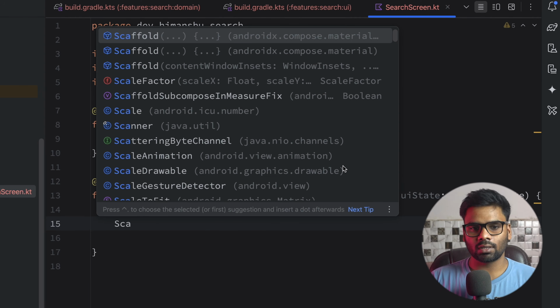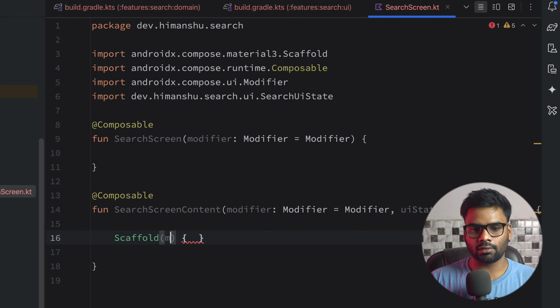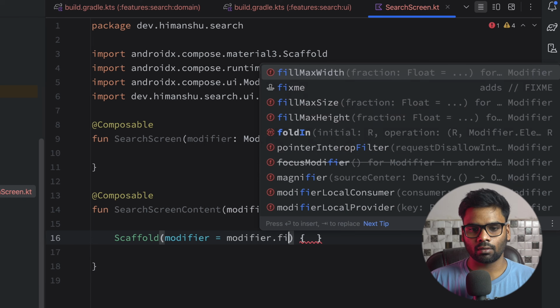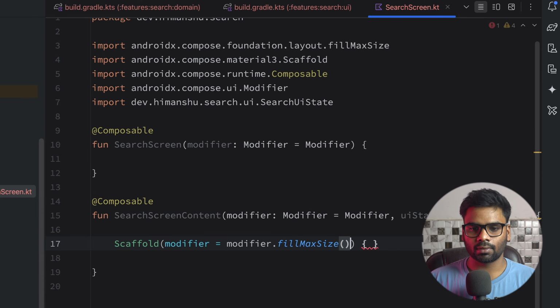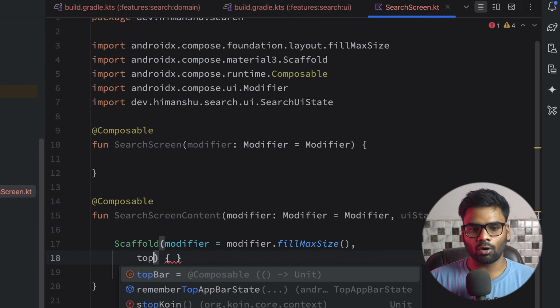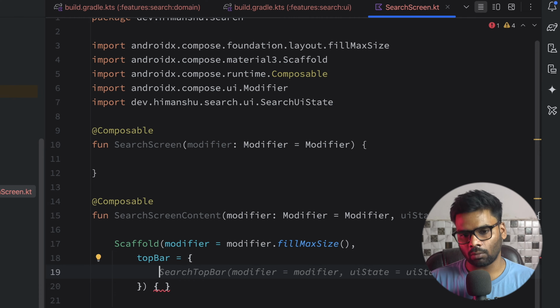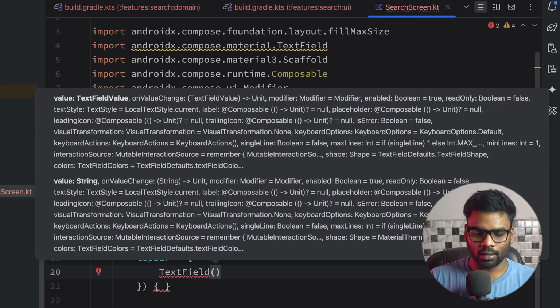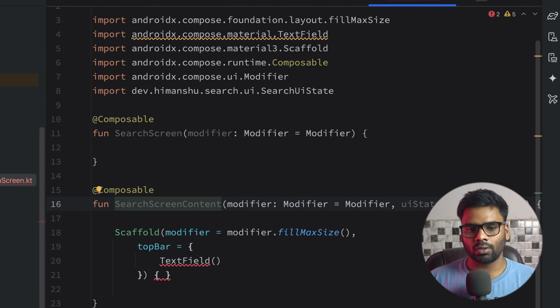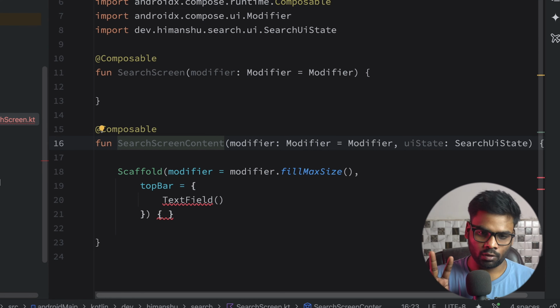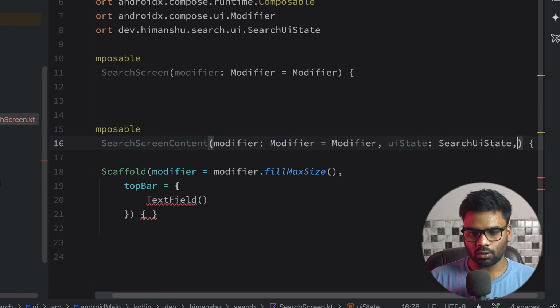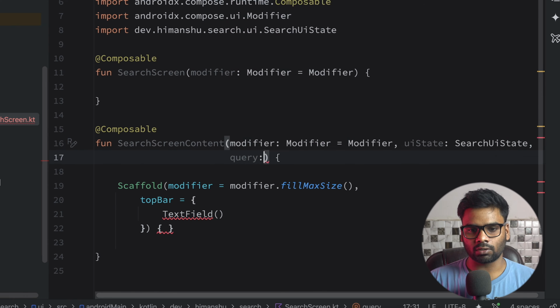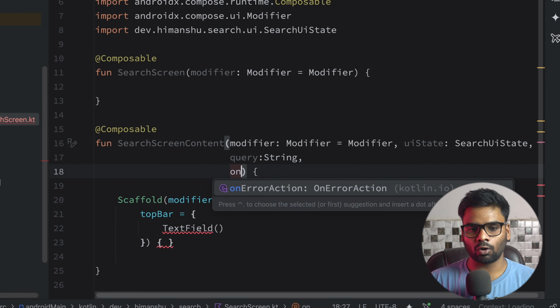And I'm gonna use within this a Scaffold, and in this Scaffold we're gonna pass modifier fillMaxSize. We have topBar. So in place of topBar, I'm gonna use my TextField so that the user can enter their query. So in this TextField, we want two pieces of information, value and onValueChange. So for the value, we'll simply pass our query. For the onQueryChange,